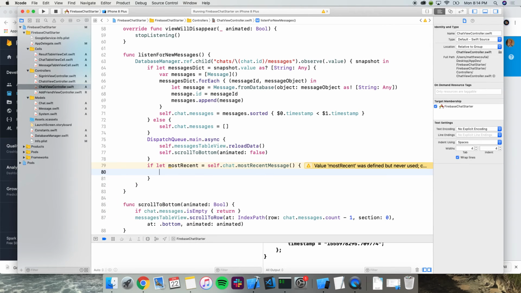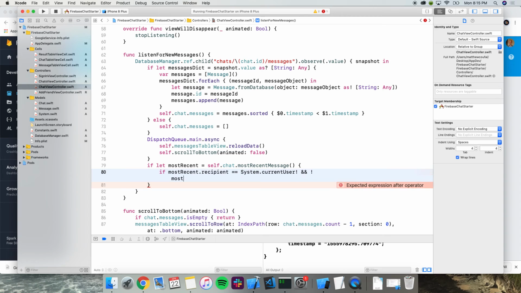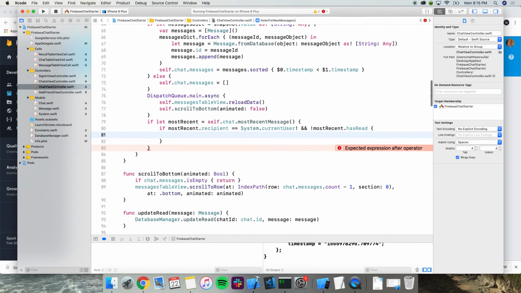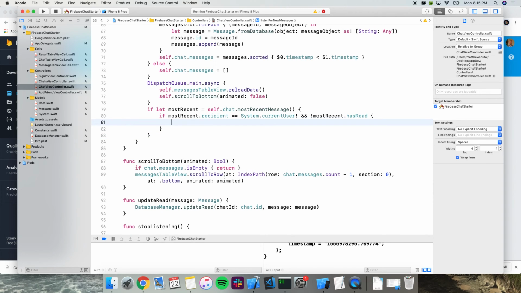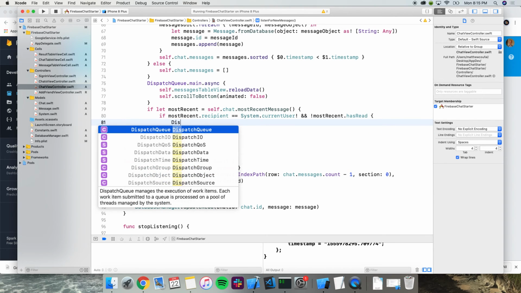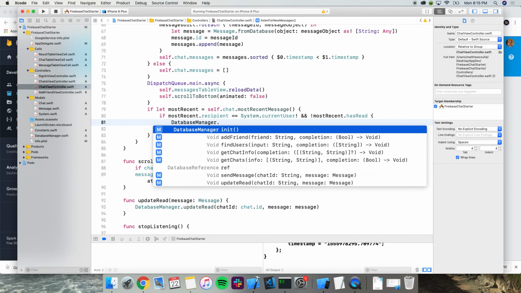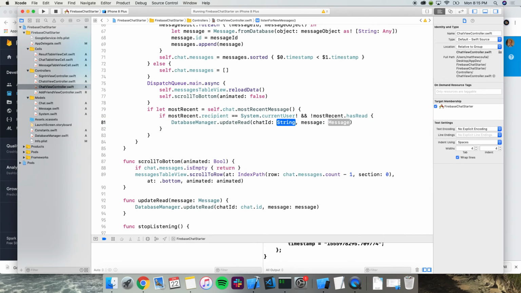Okay, so this is the scenario when this message has the current user as the recipient, right? And it hasn't been read. That's when we want to do this effect. Okay, so if we do that, then we can call, now we can do this.